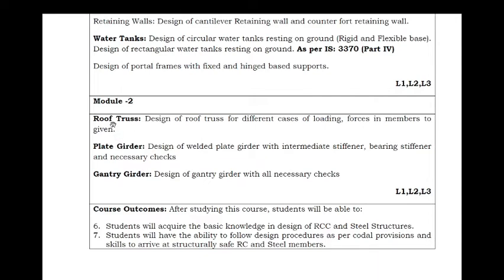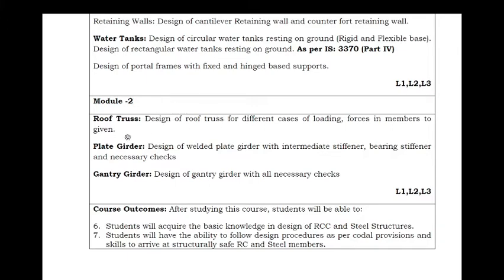You have learnt in the introduction to steel structure the different categories of steel structure, that is limit state design, and the difference between limit state design and working stress design. Then you learned the IS code specification, that is IS 800 2007. Then you learned the second module as the design of bolted connection and design of welded connection. Then you started with members like design of columns, compression members, tensile members, and design of beams. Those are the basic individual elements.